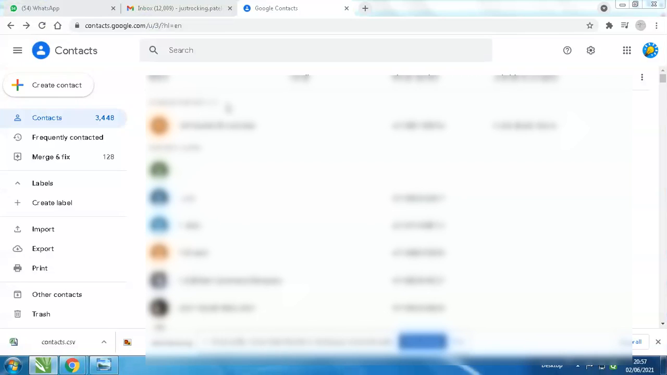So basically, you have to install this in your mobile and you'll get all your